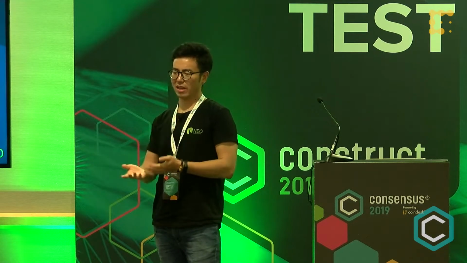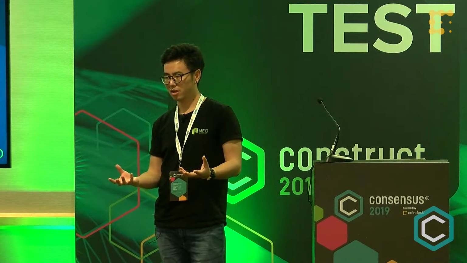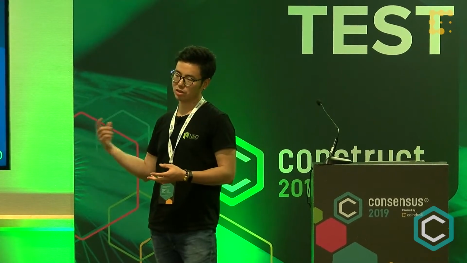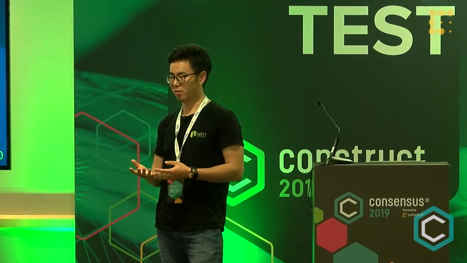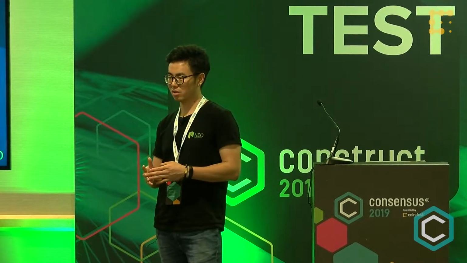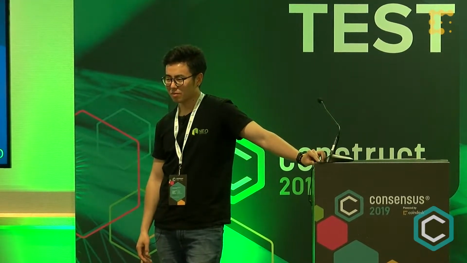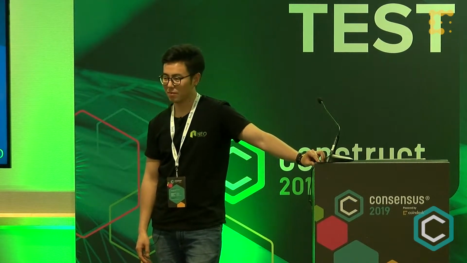So 10 gas means you can execute a large transaction. Basically, if you have a dApp and your user is executing the smart contract, 10 gas is quite enough to execute a complicated transaction. Yeah, I was just trying to... I don't want my user to have to pay anything. I want, as a developer, to absorb the cost myself.